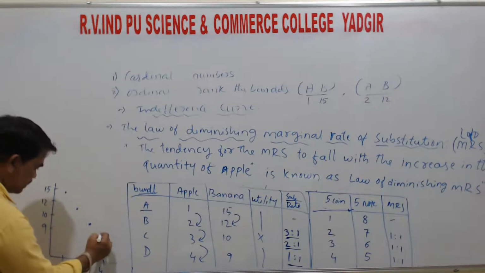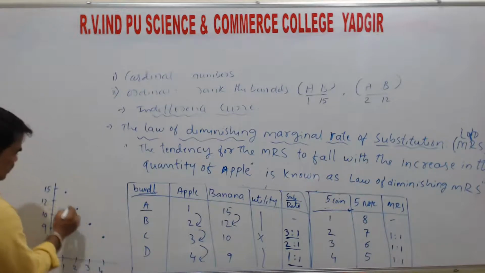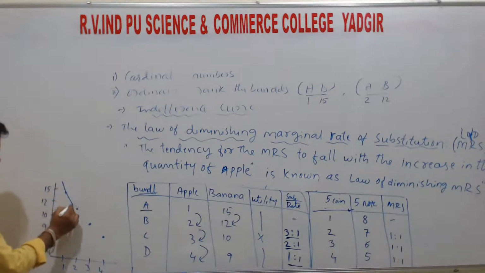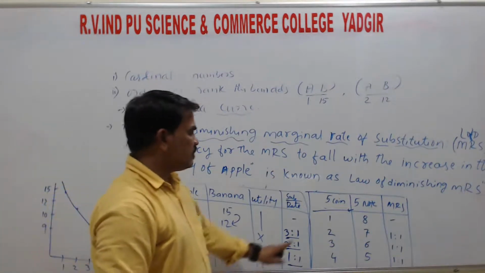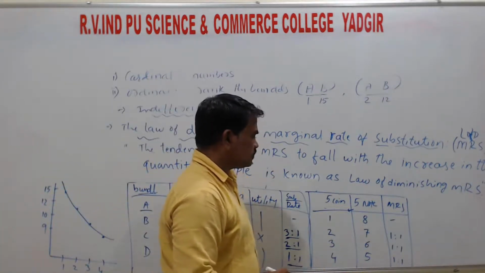And 9 bananas with 4 apples. The curve looks like this. Right? When we observe this,